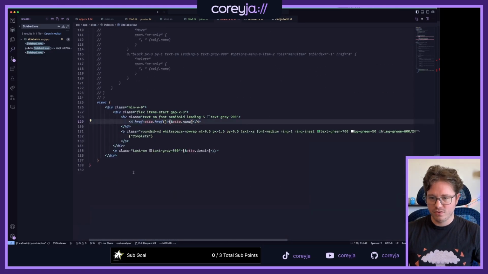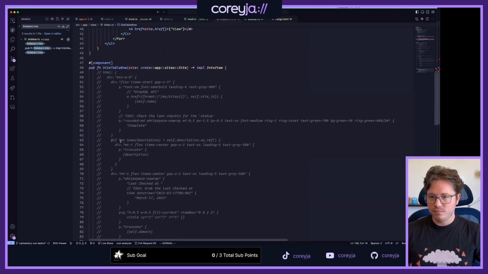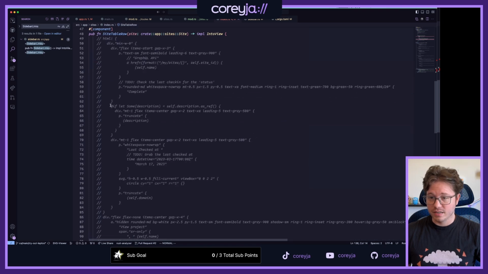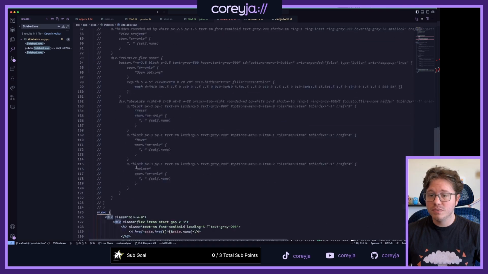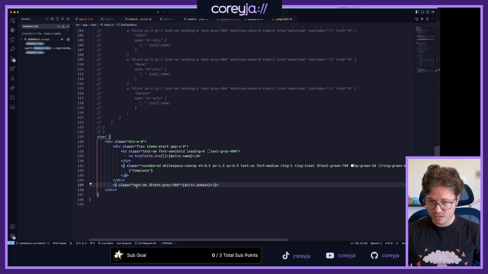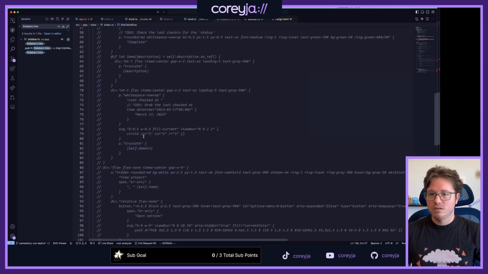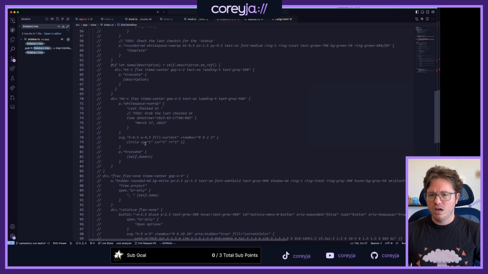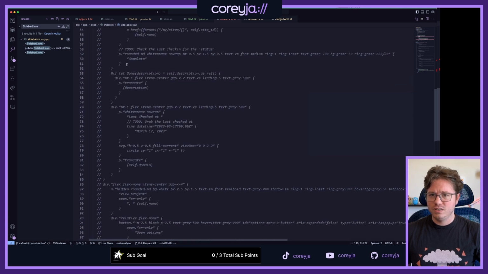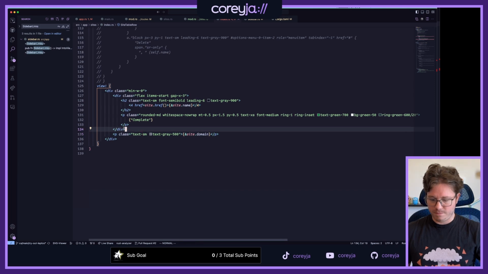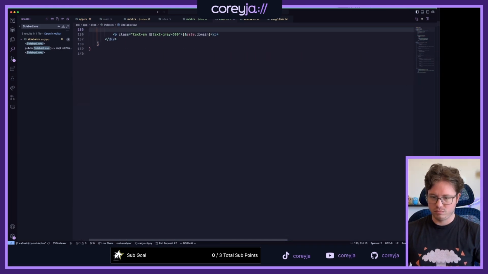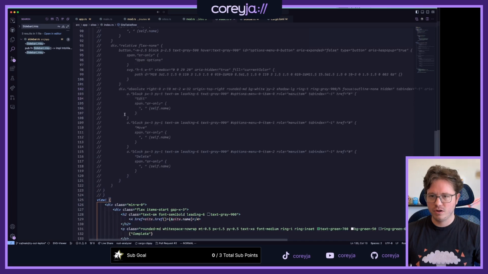And then there's this if let for description, which I don't think we have. And that's still inside this thing. Like there's this whole stuff. So we close the P and we close the div. Oh, there's another div. Oh, it's complete with domain. Oh yeah, it complete then closes the div, but then there's other stuff. Whoa. That's not what I wanted at all. I just wanted this little snippet.